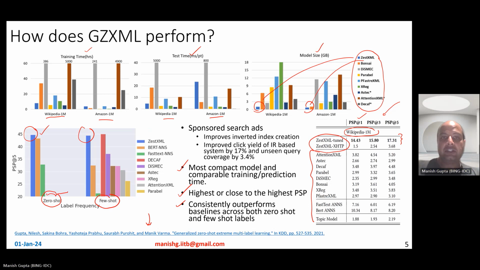Okay. So that's that. So now more on sponsored search ads. I'm not showing detailed results here, but the broad idea in sponsored search ads is to be able to take the query and do a retrieval of relevant ads. Now, typically the way this is done is using inverted indexes. You take each of those words, figure out ads that match those words, and do inverted index retrieval, right? However, what ZestXML allows you to do is to not look up just by the